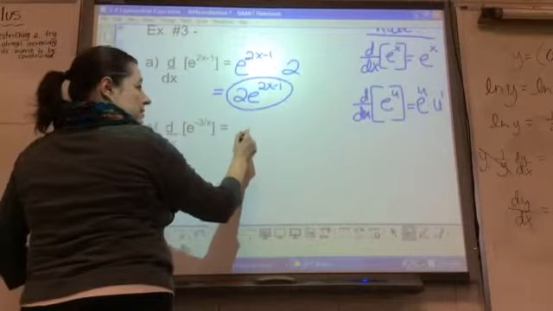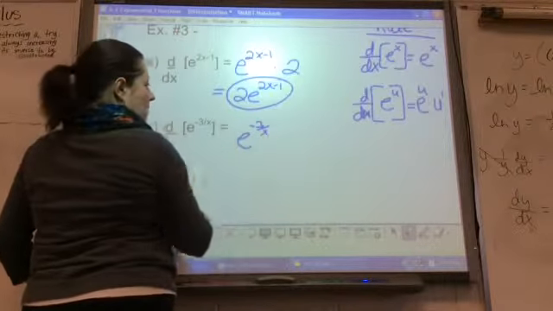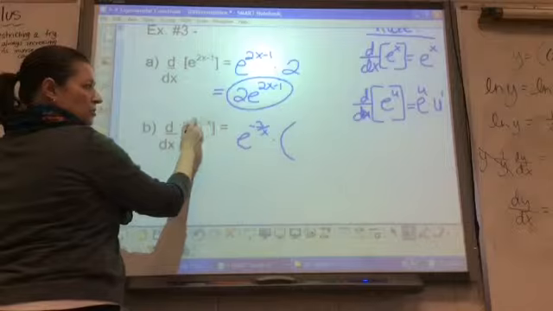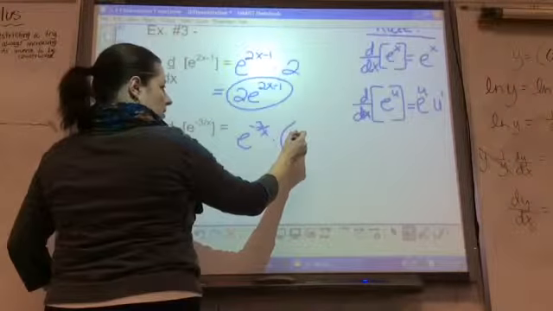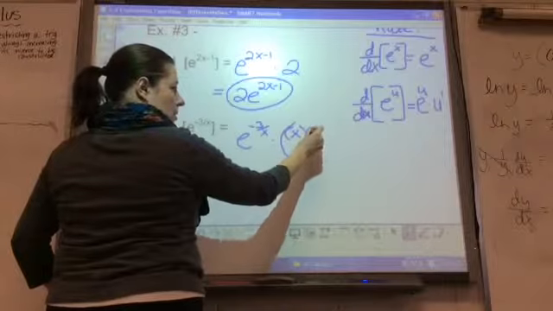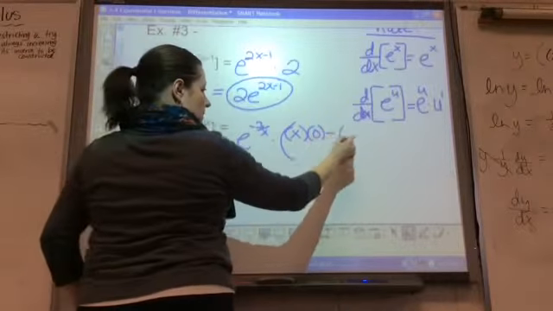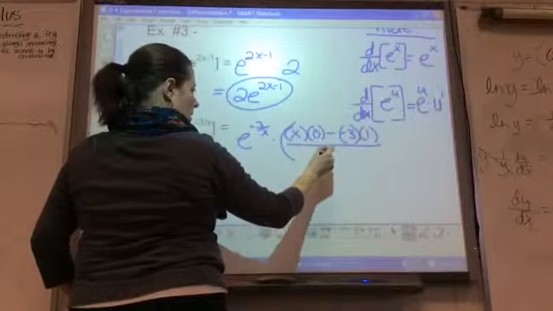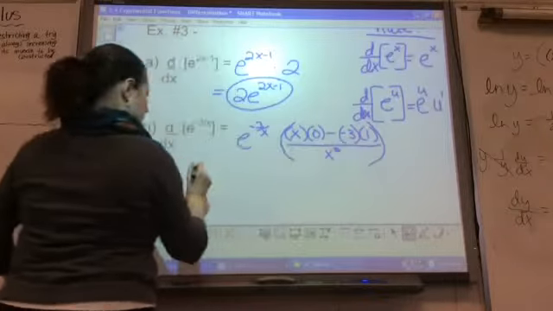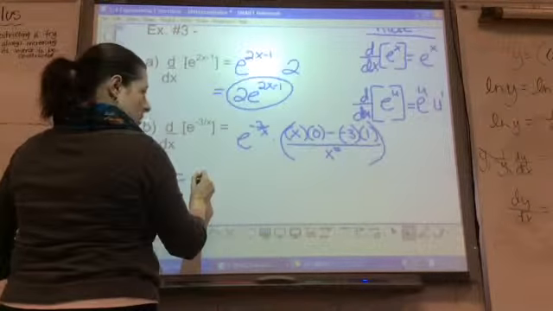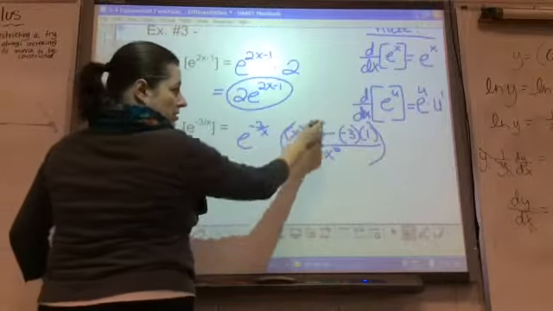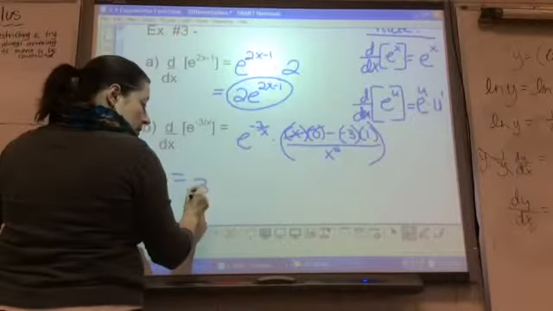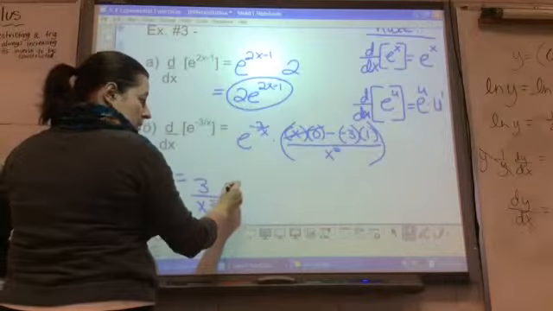Alright, so this would be itself times, let's do quotient. So times quotient rule of this. So that would be low, d high, minus high, d low over low squared. So low derivative of the top is 0. 0 minus high times 1 over, so this will be 3 over x. So this is gone. That'd be positive 3 over x squared. Yes. So I'm just gonna write it 3 over x squared times e to the